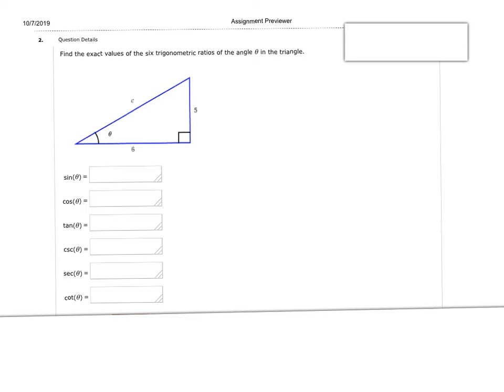All right, same idea here for number 2. So for this one, we want to find the 6 trigonometric ratios. Once again, I want to find the last side here. And since this one's a right triangle, and this one is missing the hypotenuse, I'm going to go ahead and make sure that that is isolated in the Pythagorean theorem here. So we have 25 plus 36, and so that makes 61, excuse me, equals c squared, and then we square root that,